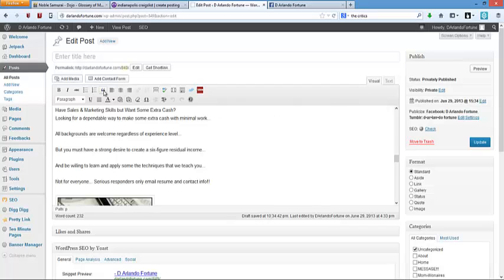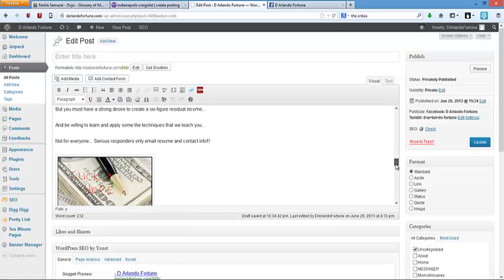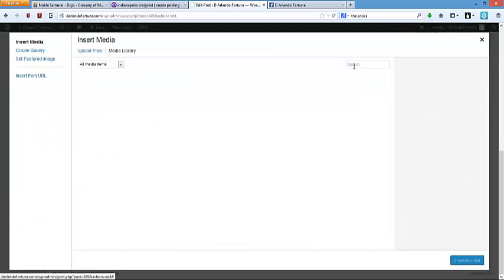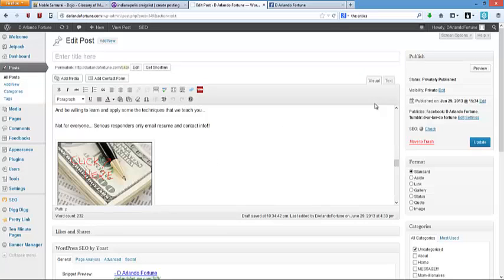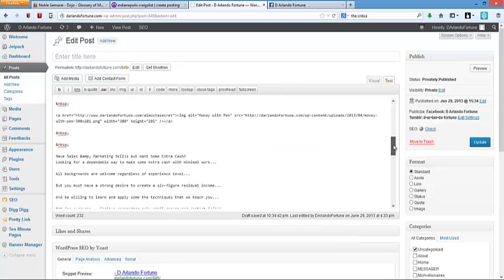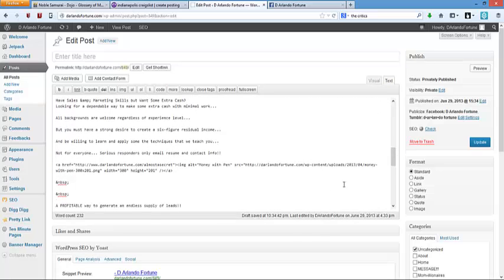Then you take your picture, add your media down here. Insert this picture by clicking on the Add Media button, upload, and put your picture on there, right? So now you click over here to the text button, come down here to where the picture is, and as I showed you in one of the last videos, what you want to do is go over